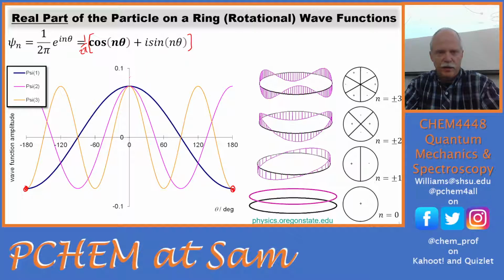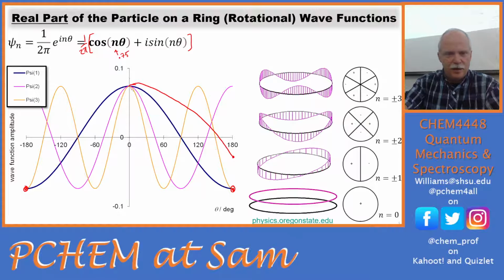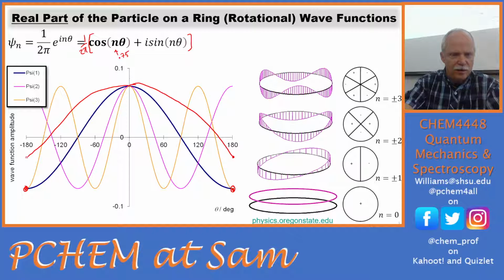So let's say we had a wave function that was, say, 0.75 for our quantum number. So it's coming down and it doesn't quite make it down, and it matches here and it matches there. Okay, so it matches left and right,